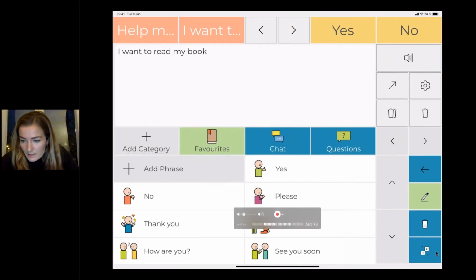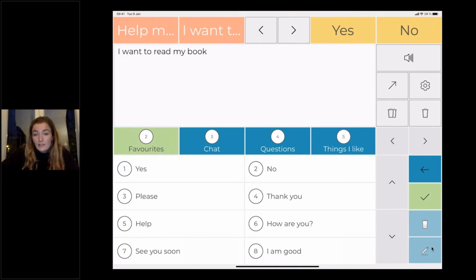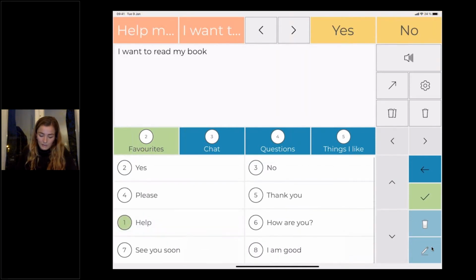I'm going to select this 1-2 button, which is the reorder button, in the bottom right corner of the screen. And now I'm going to select in a sequential order the phrases that I want to see first. So I want to see help as my first displayed phrase. Then I want please, and then I want thank you, I want no, and yes.